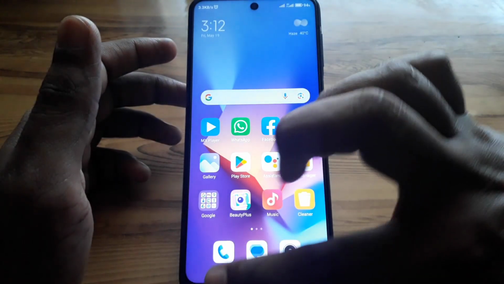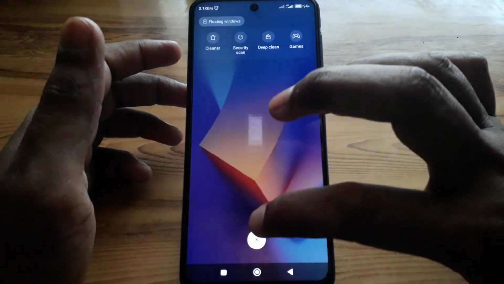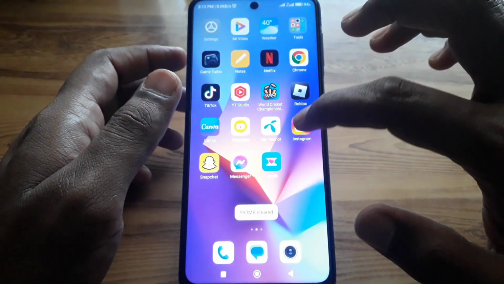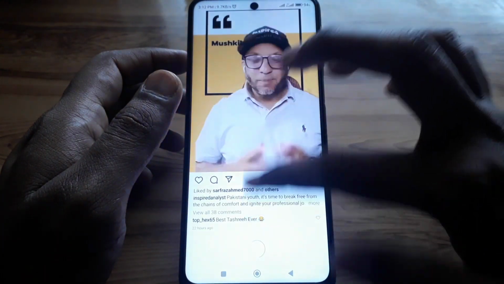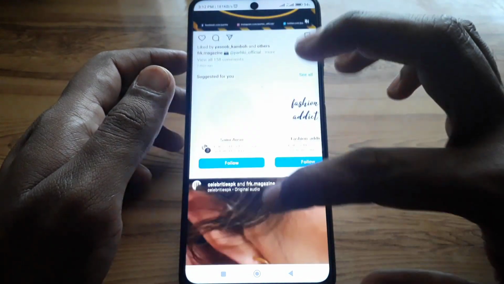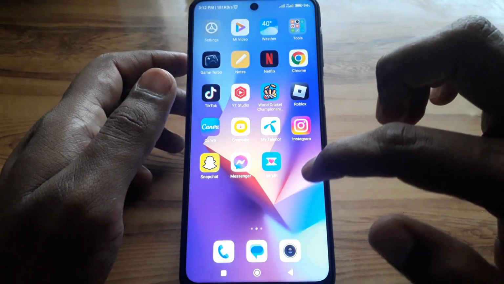Before opening, you have to make sure that you have closed all the apps from your device. After closing, you can simply open Instagram again, and hopefully this time Instagram will not give you a problem in opening,